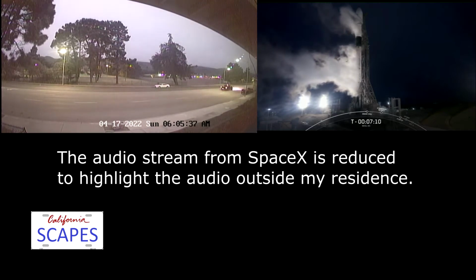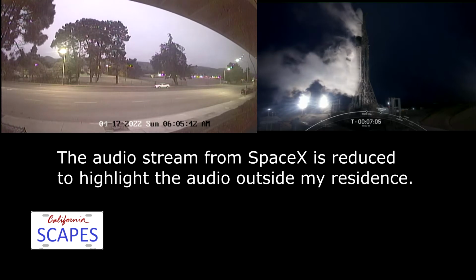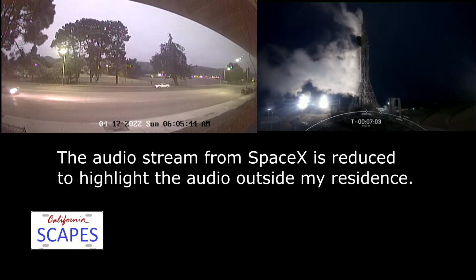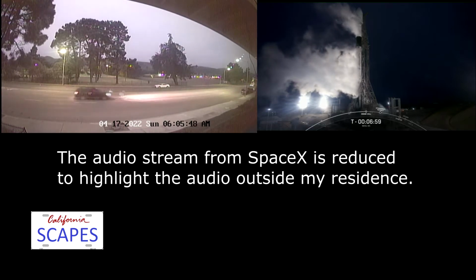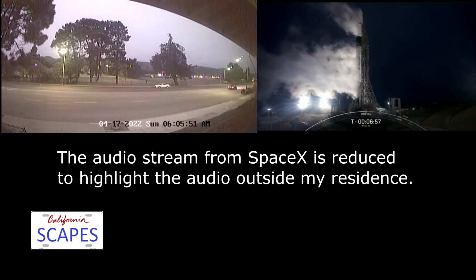Continuing on, the range is ready to support. They're green. Finally, both the vehicle and payload are in good health. Let's take a closer look at the rocket supporting today's mission. You can see on the screen the Falcon 9 surrounded with the condensing gas. Start of engine chill